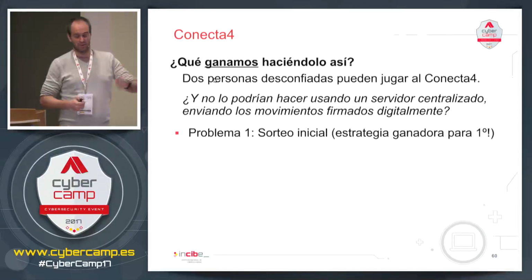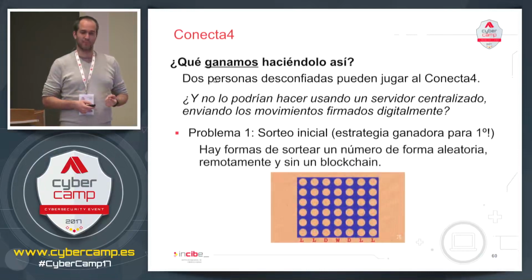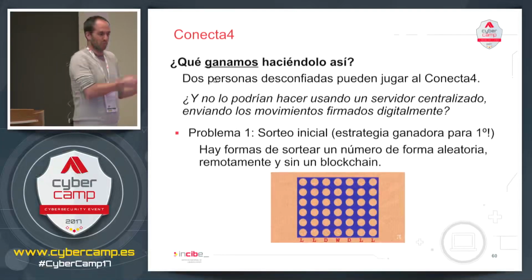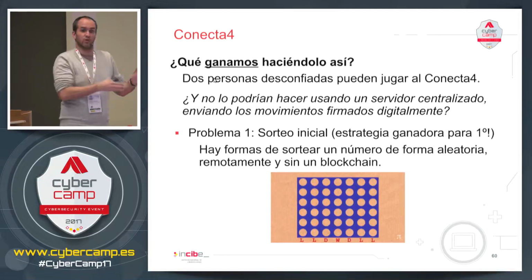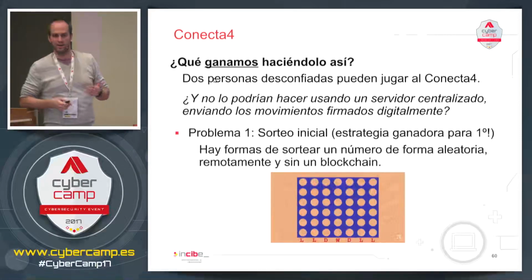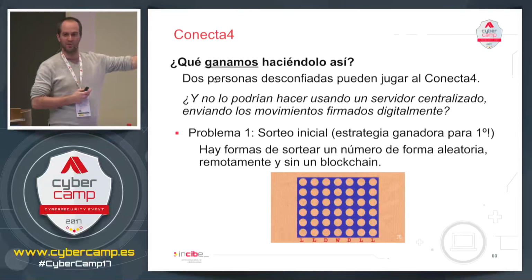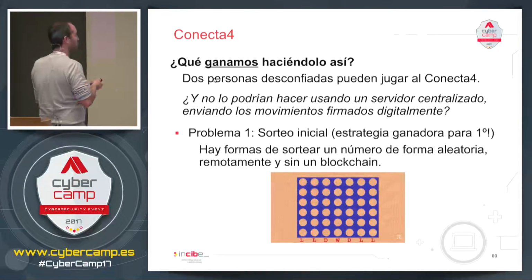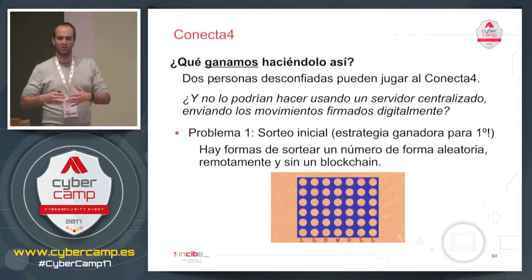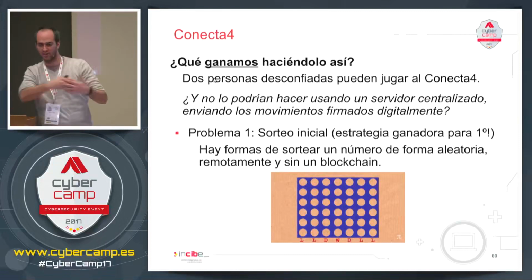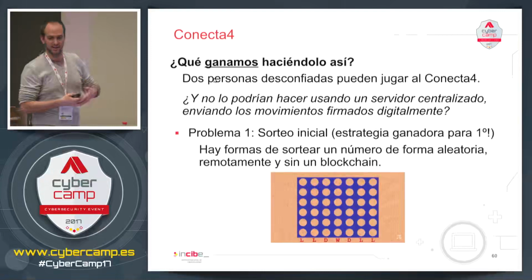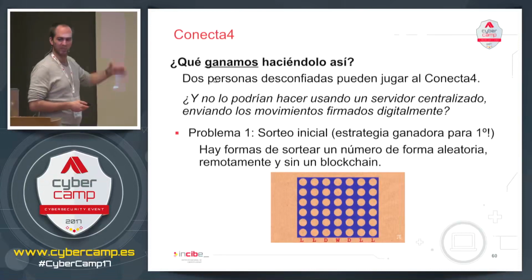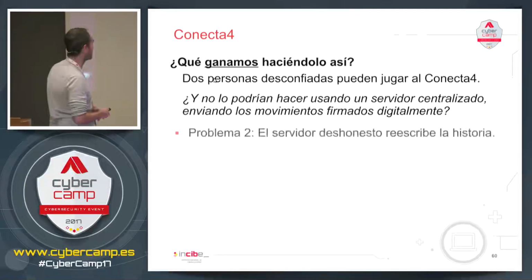What happens in the beginning? As I said, Connect4 has a winning strategy. So, however much I sign the movements digitally, the initial draw will be done by the server. So they'll always say that the other guy should start first, because he has an advantage. So are there cryptographic ways of doing a draw between 2 parties so that neither of the 2 people nor the server can control the draw? Okay, well, there's sufficient reason, therefore, to use a blockchain instead of this.